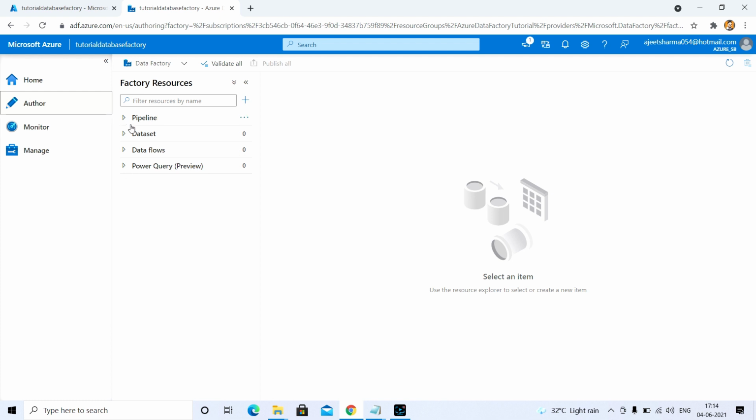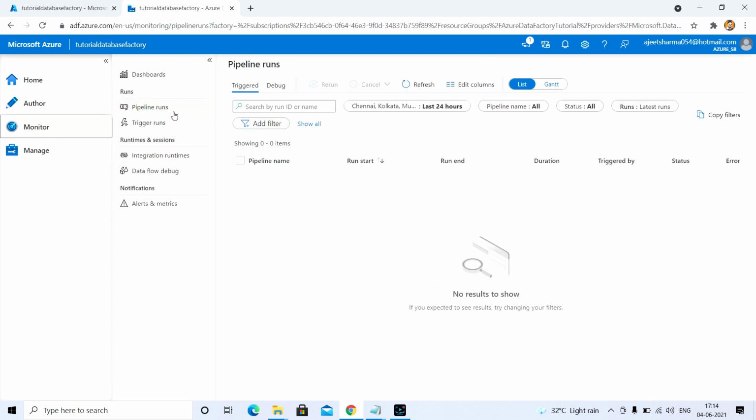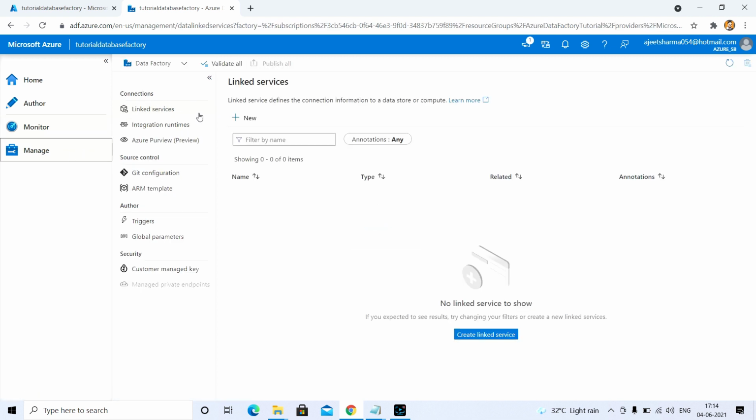Here you will get the pipeline, dataset, data flow, and Power Query. From the Monitor, you can monitor and trigger the deployment. All this you can set on a dashboard as well. Here in Manage, you can link services. Also, you can use the ARM template.